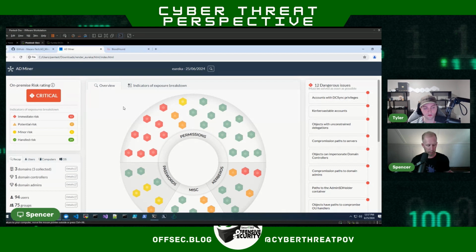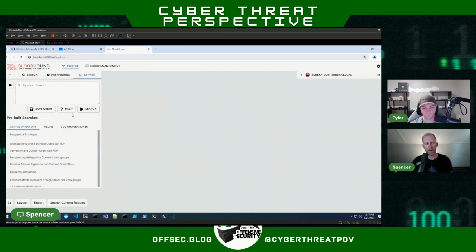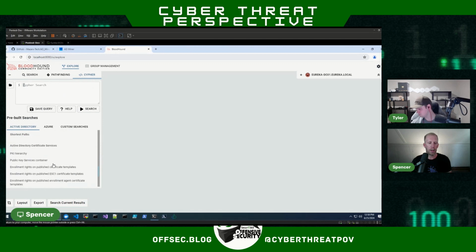It could also be like Susie in accounting has generic all on some other group that's not admins, but it's another group that they shouldn't have access to or be able to reset passwords for and things like that. So the control paths is a really interesting adaptation of the Bloodhound data. And that's something that out of the box, you have to hunt around for and look at the group names.